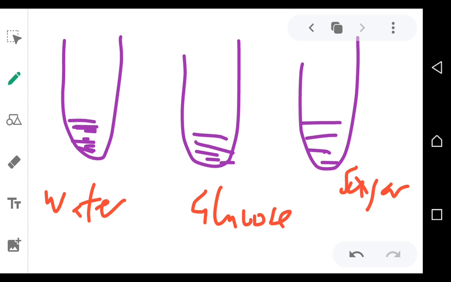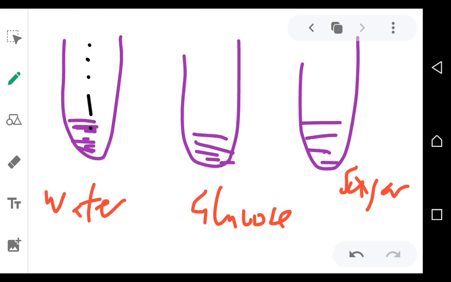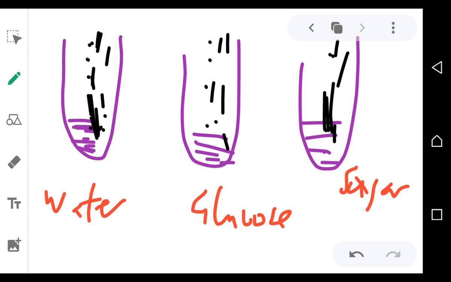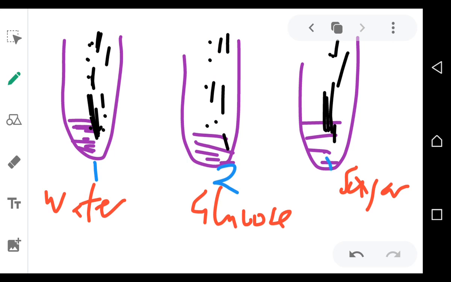And then you want to know if in water there's reducing sugar, or in glucose there's reducing sugar, or in sugar itself there's reducing sugar. You want to check what substance is present in there. What you're going to do is take the Benedict solution. You put maybe 20 drops of Benedict solution in this test tube. Even here, maybe you can put 20 drops. In there also, you put 20 drops, and then you shake these test tubes. So you are shaking test tube 1, test tube 2, test tube 3. After you shake them,